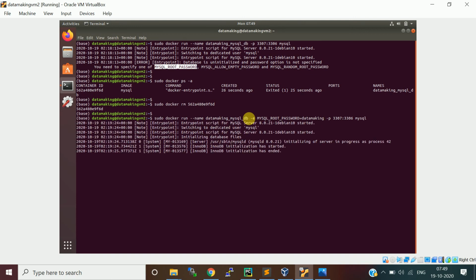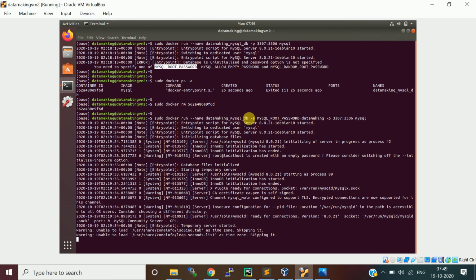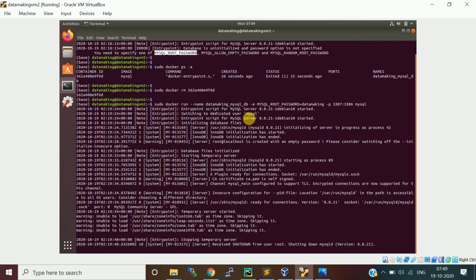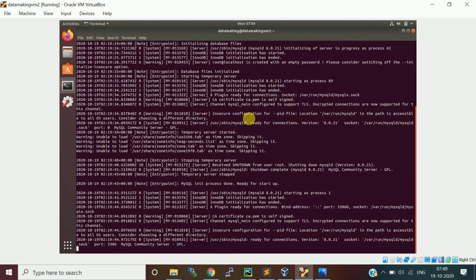Okay, it is creating a MySQL database. Okay, so this is running in the foreground. Basically whatever the initialization of setting up the MySQL DB is, it's running in the foreground, which you are able to see in the console, right? If you want to run it in the background, you need to use -d in your command, so that it will run as a background thread. Okay, so it says it started MySQL.